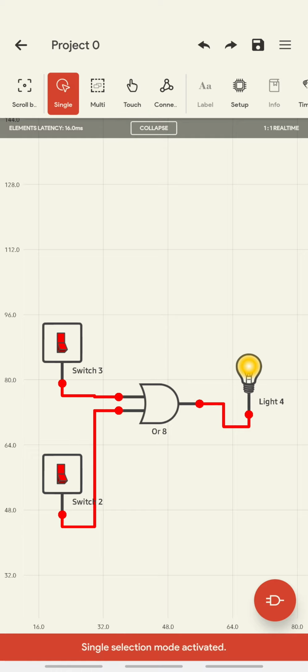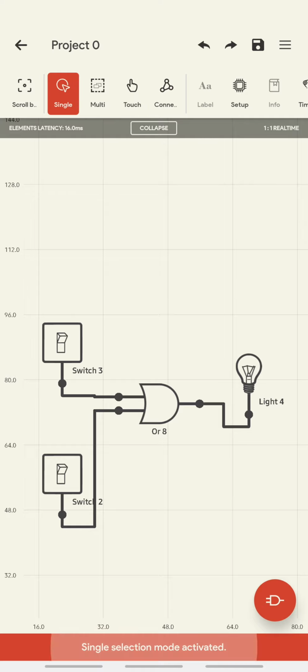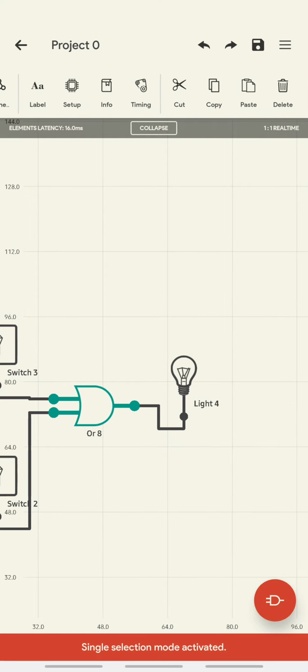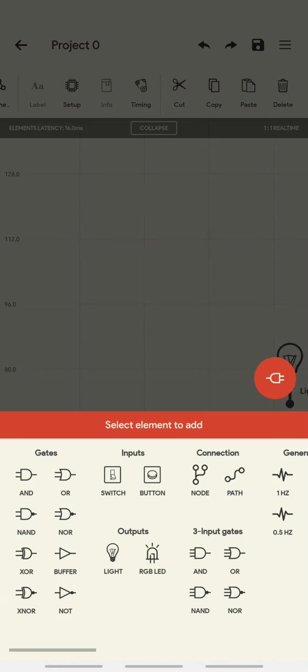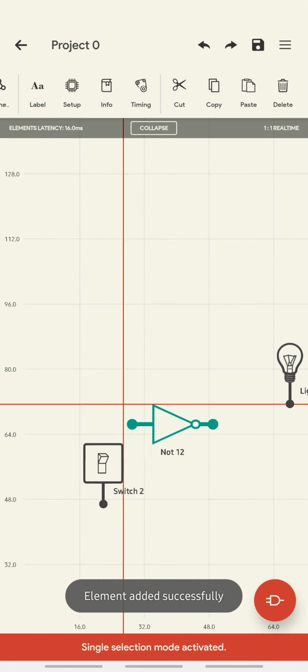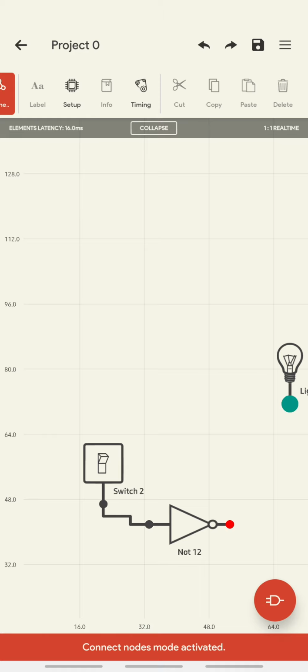Similarly, you can go for this NOT gate. Okay, so let's see this NOT gate, and for the NOT gate we need only one switch. So I can go for this, the NOT gate is added here. Okay, and you can put the path here. I need to take the input connected and then the output is connected.